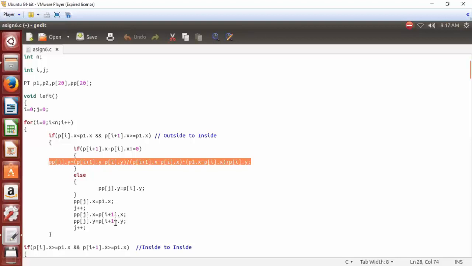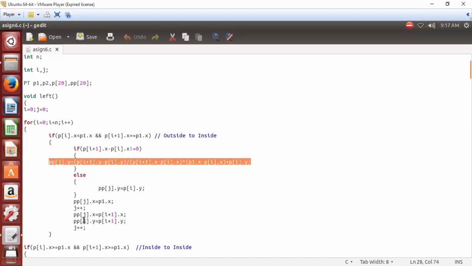The y value is the same if it is an exactly straight line, otherwise y gets calculated. The x value is equal to the window's x, and J plus plus. So this is the first condition.